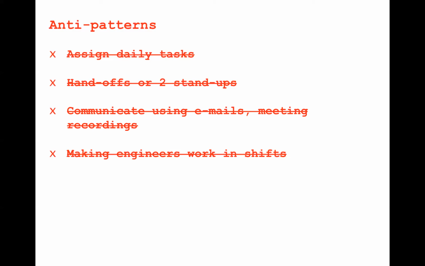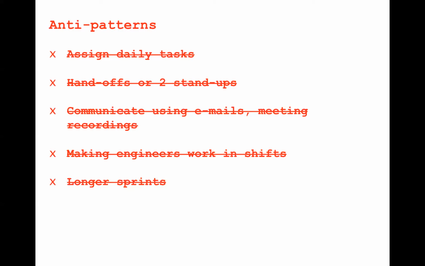Another bad idea is making engineers work in shifts. Somebody who's in Europe, but your headquarters or your product owner, Scrum chiefs are in the US. Make the people in Europe work US hours, US business hours. It's a terrible idea, because they'll end up starting their work at noon or in the afternoon and working late into the night. It's a really weird kind of work schedule. Don't want to do that.